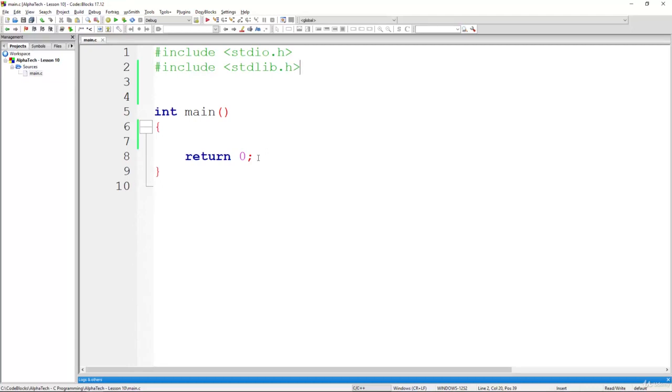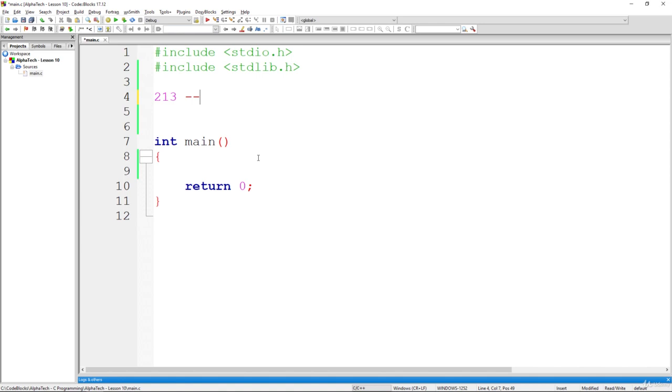Alright, so now what we have to do is to write a recursive function that will be able to find out the sum of all digits in a given number. And we know that it can be easily done by using some iterative approach. You simply take a number, let's say 213, and you know how to sum all of its digits by simply